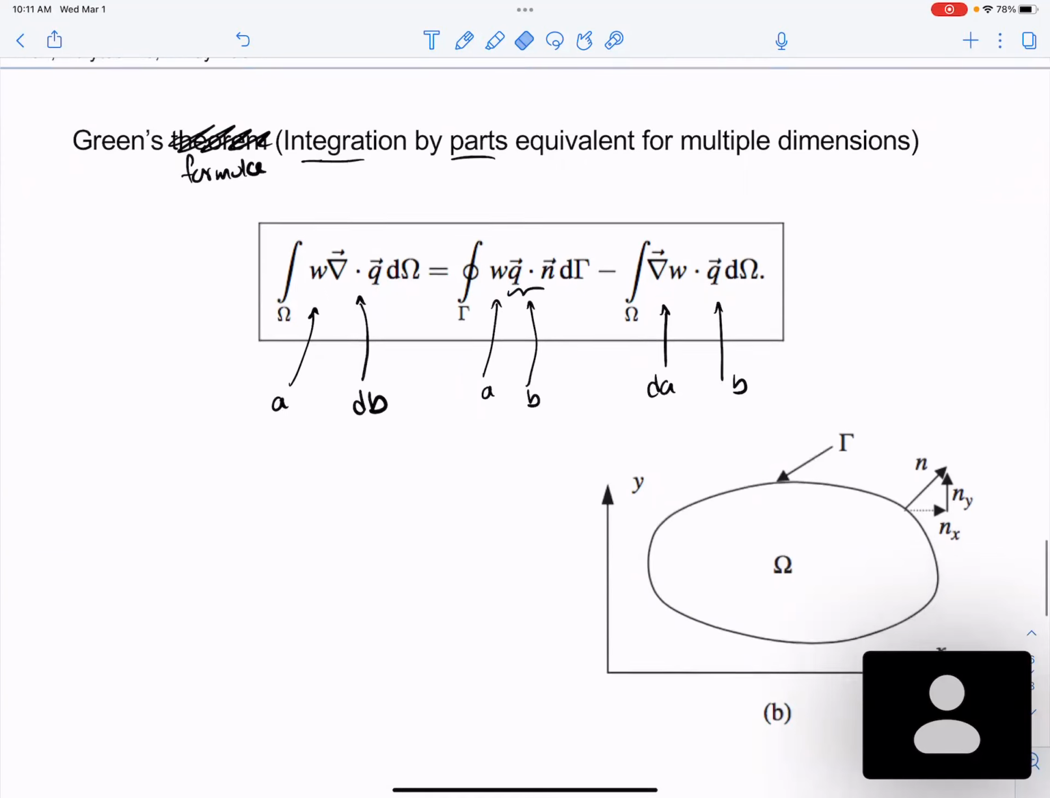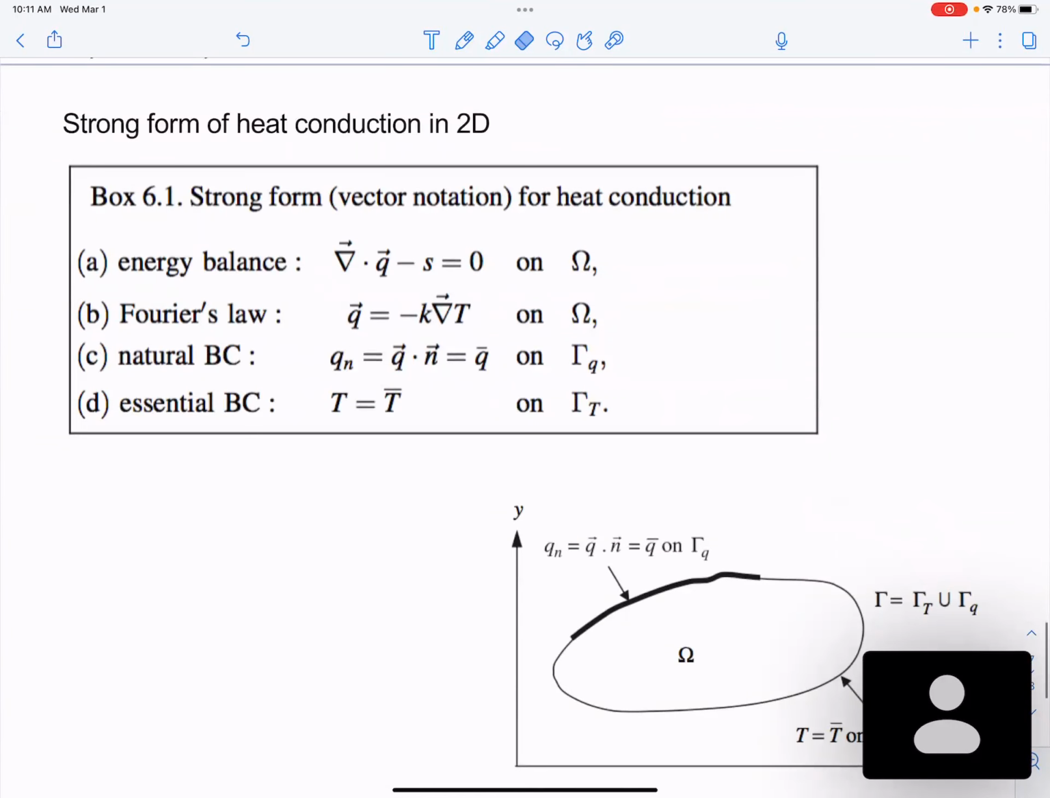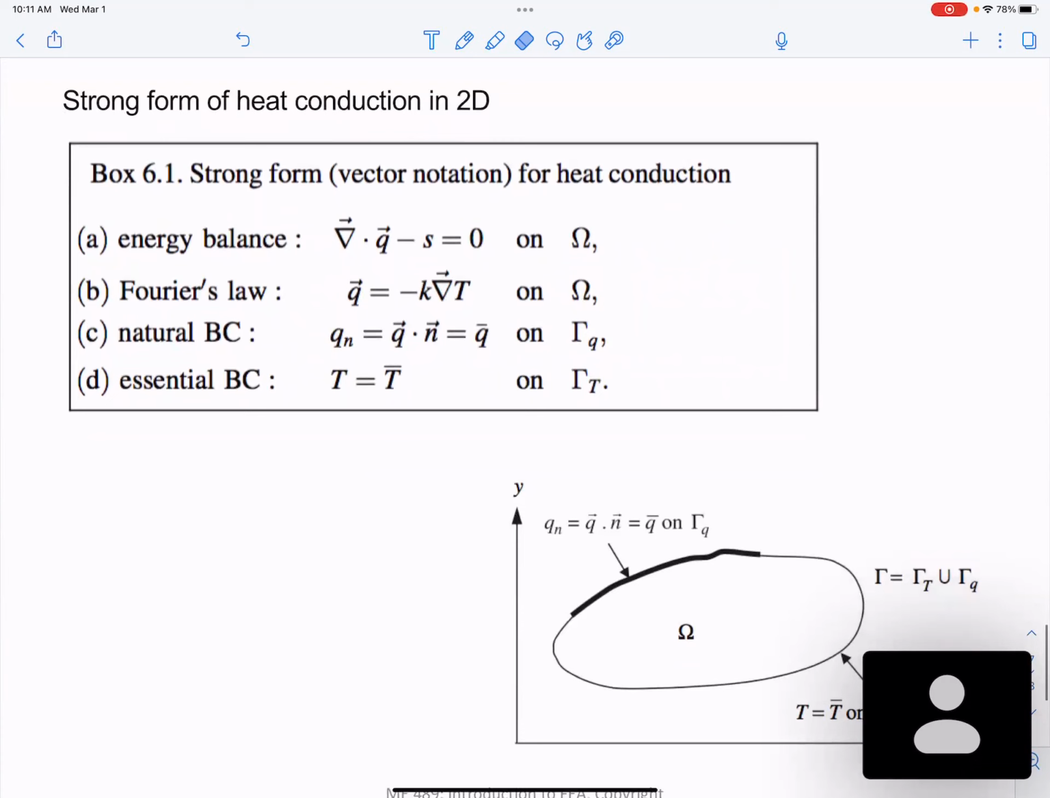All right, so with that, I'm not going to do the derivation, but all of this is just to show you what the strong form to weak form is for the heat transfer problem. In 2D, the energy balance PDE is the divergence of the heat flux equals the source, or if you put the source on the left-hand side, the divergence of the heat flux minus the source should be equal to 0. And that is over omega,